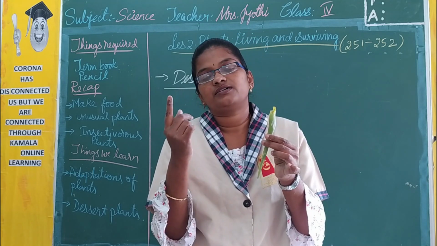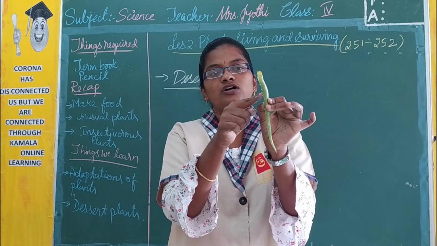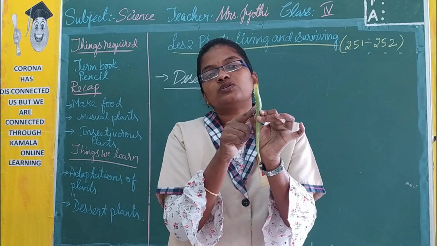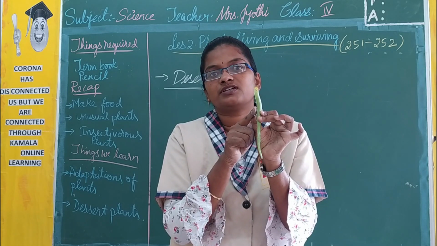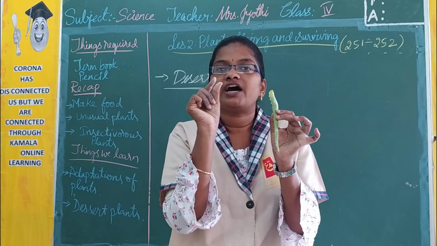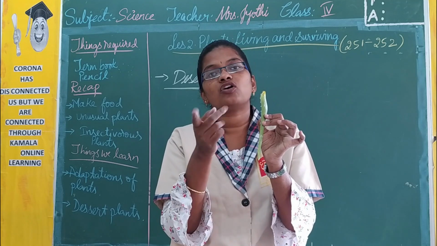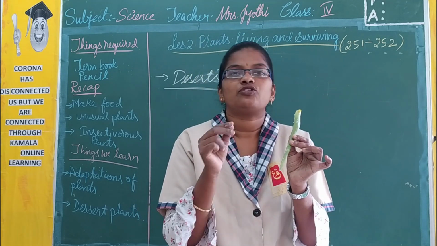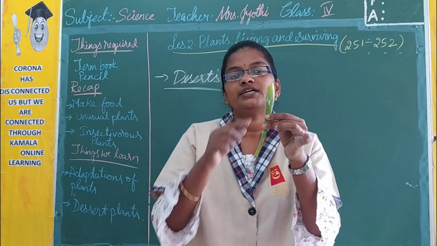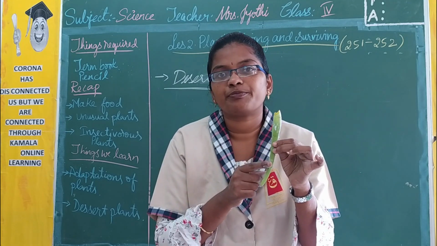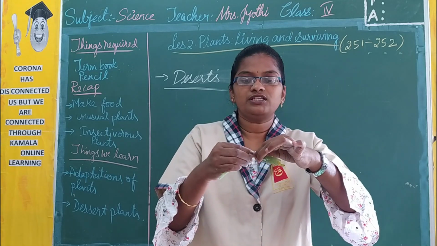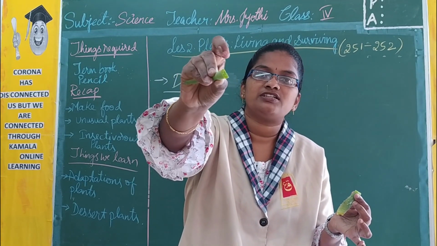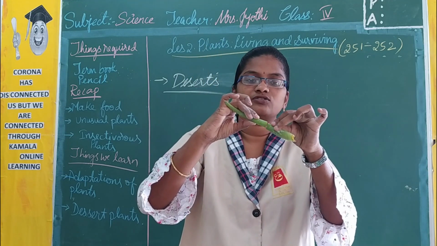And on the cactus plant also there will be thorns like this. Thorns or spines, we call them. So those spines are leaves. The leaves there are very hard and thick and they are non-green. So generally a plant's leaves prepare the food, but here only the stem is going to prepare the food. Now if you see this, the stem is very thick and fleshy and it is sticky also, isn't it?